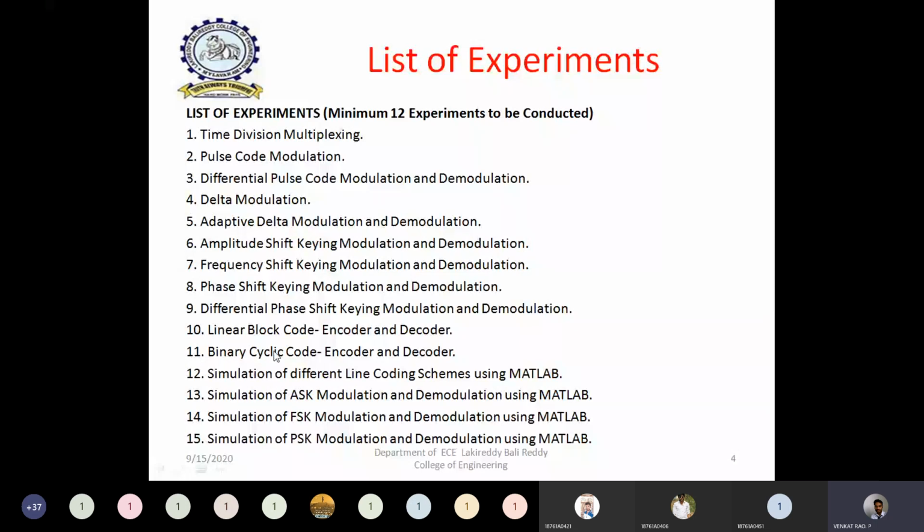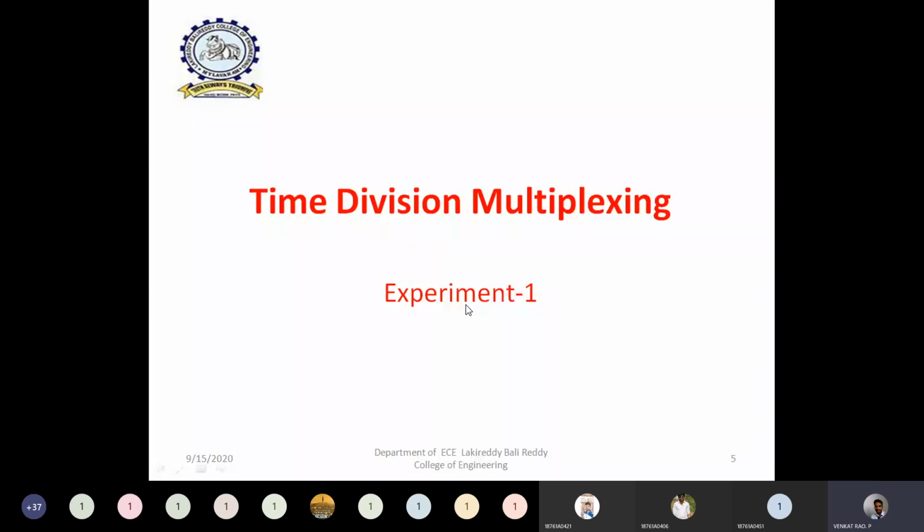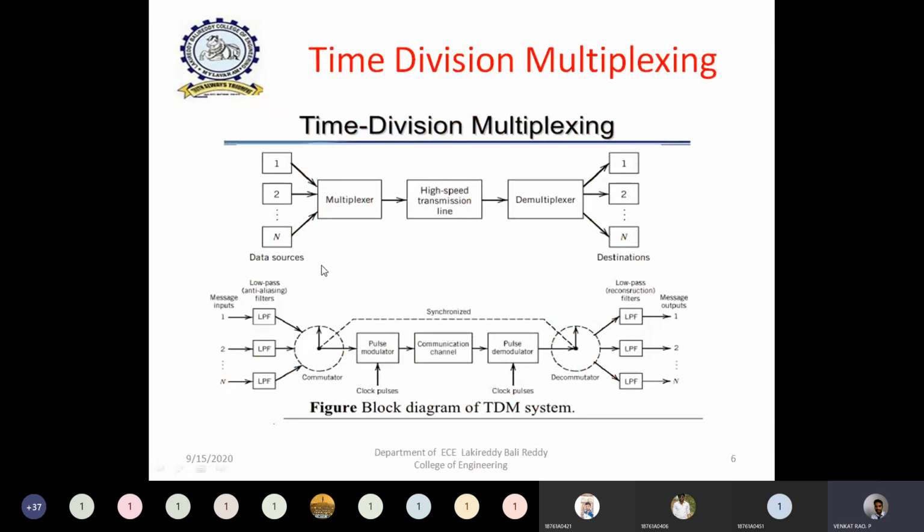Coming to the first experiment, that is time division multiplexing. What is time division multiplexing, what is the use of time division multiplexing, and how is this multiplexing technique used in real-time communication systems? We'll see. This is the general block diagram of time division multiplexing in any communication system. So this is the broad